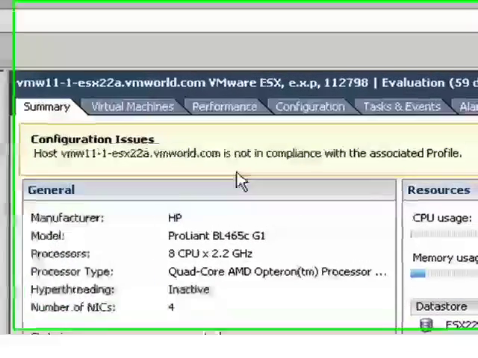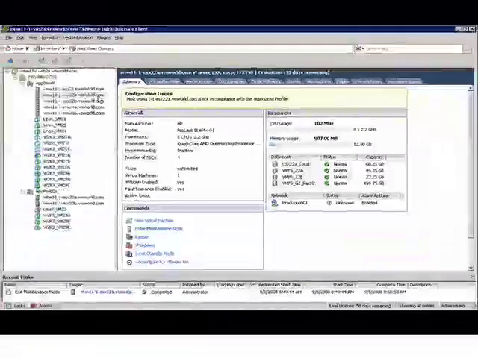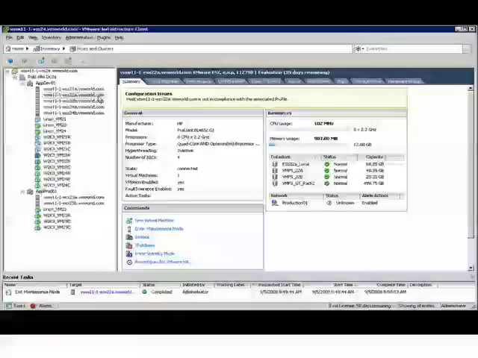And sure enough, it's saying it's not in compliance with the associated profile. Because I have fully automatic DRS enabled, we could go in, right click on the ESX host itself, and put it into maintenance mode. DRS takes care of migrating all the VMs off. It goes in, checks the compliance again, applies the profile, brings it back online, and then you can exit maintenance mode and then